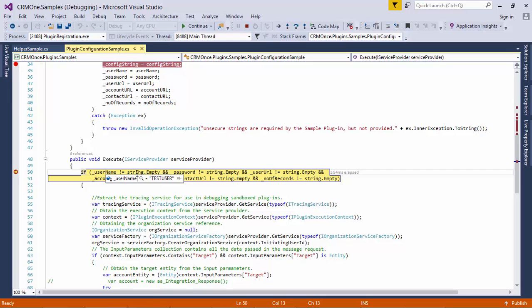If username is not empty, password is not empty, then user URL, account URL, every parameter that I have, I just want to make sure that it has a value in it. If it does, then I just want to make sure that